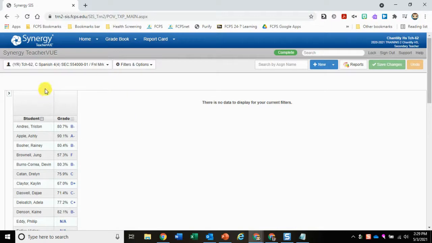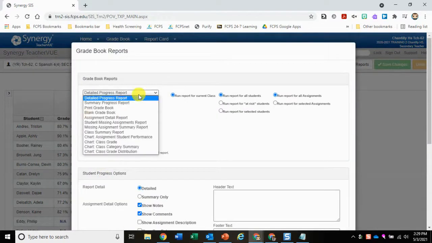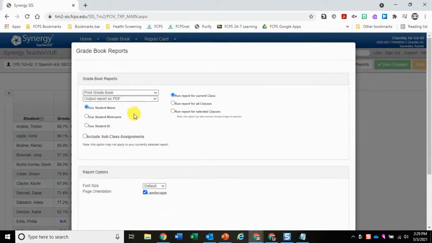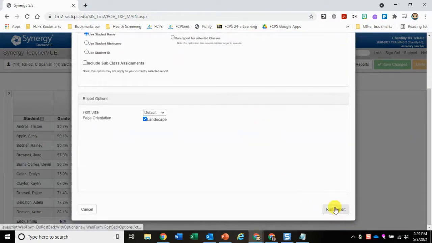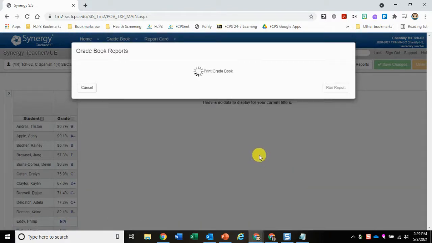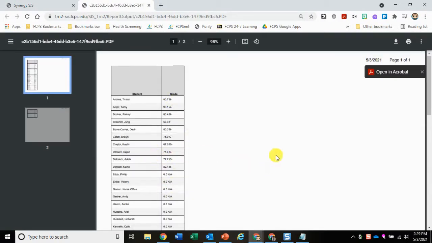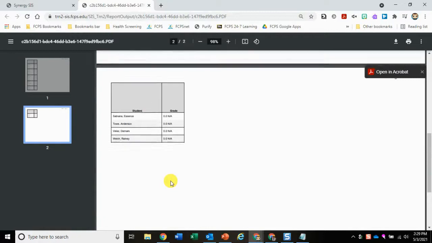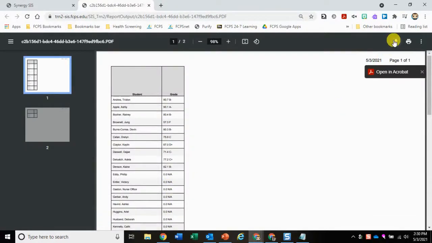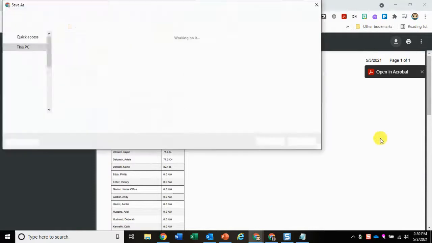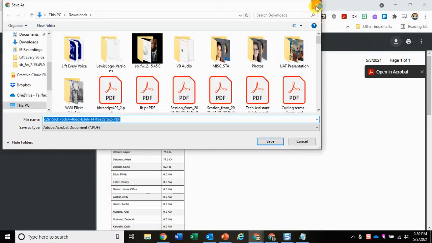So in order to make a record of this, the easiest way to do this is to go to reports and go to where it says print gradebook. You should be able to run report for all classes. I think they fixed that bug finally. So you can do this, and you're going to go to run report. This will then give you a PDF of your classes. In this case, I only have one class in my demo section, so that's all it's going to print. And you want to download this using the little down arrow and save it in a safe place that you